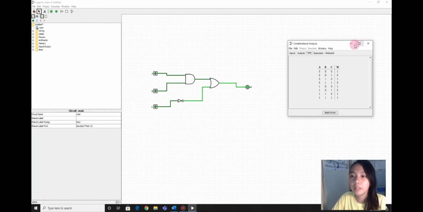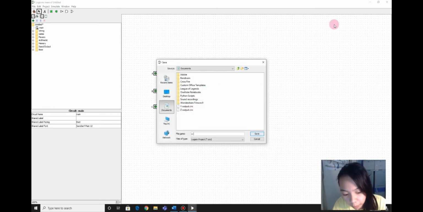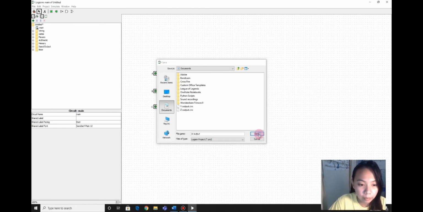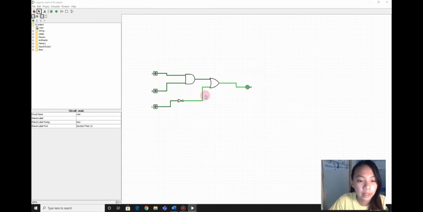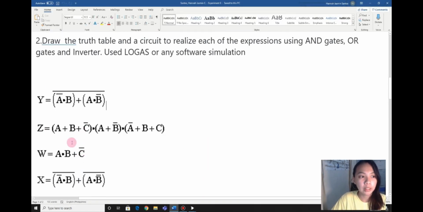So let's proceed in our fourth by saving first this one, W output. And let's proceed in our last expression in this number 2